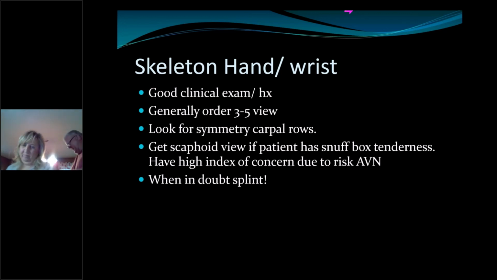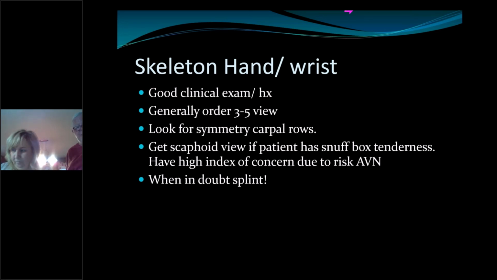All right, so moving on. Skeletal and hands. Again, what you want to do is good clinical exam. Is this the 80-year-old who's been crocheting and now their hands hurt? Is this a guy who works on the assembly line and has some carpal tunnel? Is this the 18-year-old hothead who punched the wall because his girlfriend doesn't love him anymore? Obviously, 3 different scenarios, 3 different diagnoses. So you want to look for some symmetry of the carpal rows. We're going to talk a little bit about scaphoid tenderness because that's a big one that you don't want to